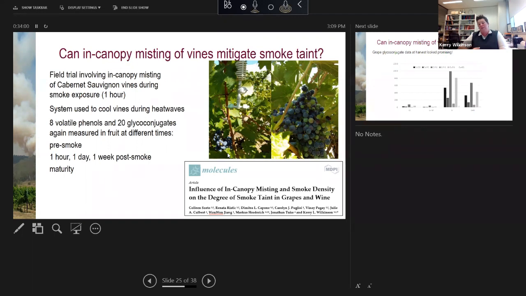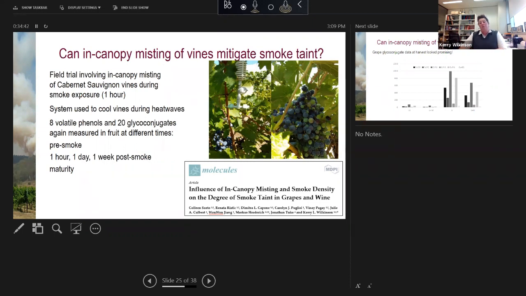So one of my colleagues has developed this in-canopy misting system. So he has these sprinklers set up inside the grapevine canopy, and he uses it to mitigate the effect of heat waves. So, when the temperature gets too hot, grapevines don't like to photosynthesize during heat waves, and so he can use this system to basically cool down the grapevine and ensure that the vines can continue to photosynthesize. So we looked at it and said, well, what if this washing will essentially drop out the smoke particulate matter during smoke exposure, and therefore prevent the uptake of smoke compounds during a bushfire